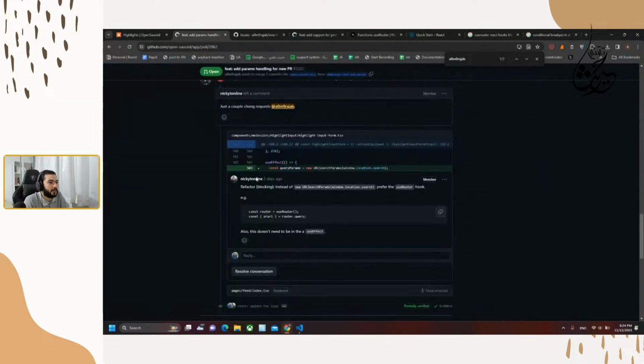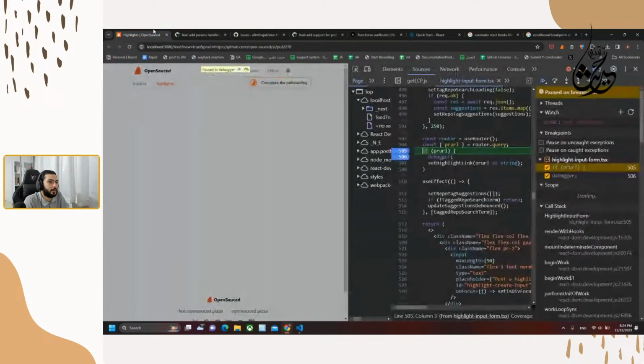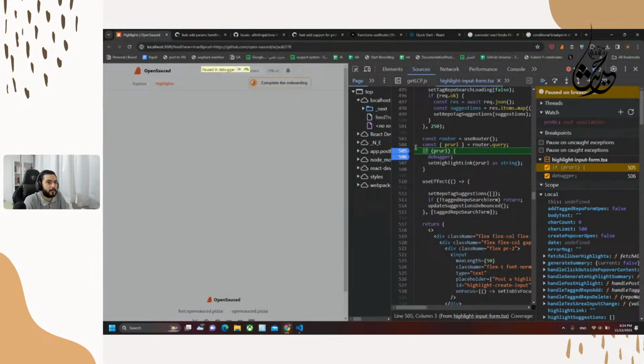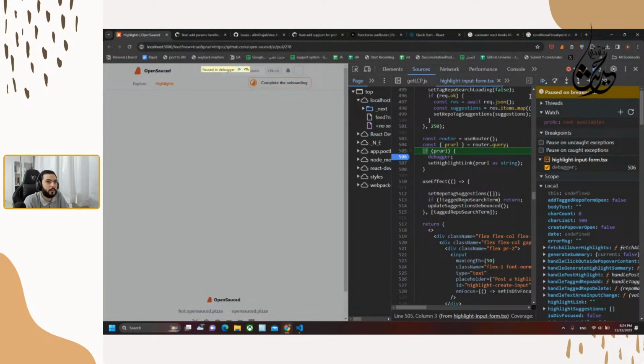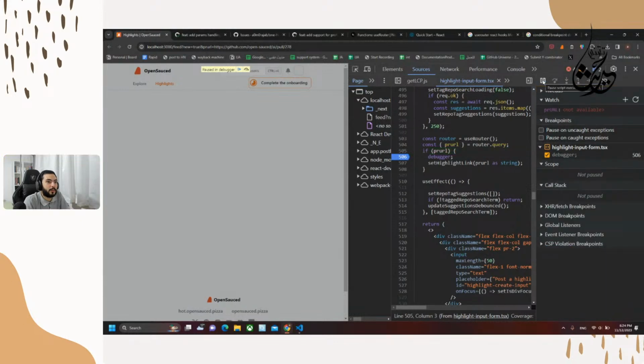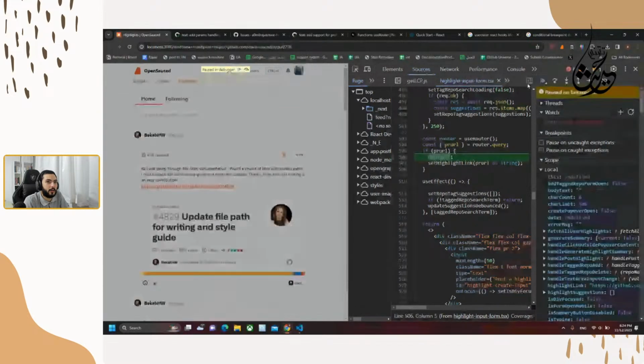Here is what he is suggesting, and here is what we have right now. I think it will run. Yeah, so we have the URL right now and it's working, but let's wait for the set highlight.